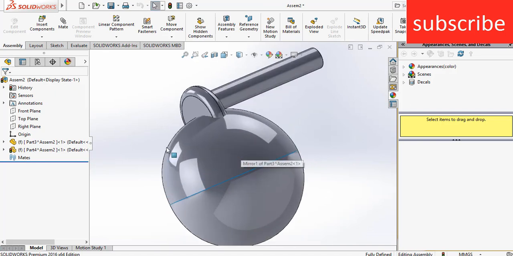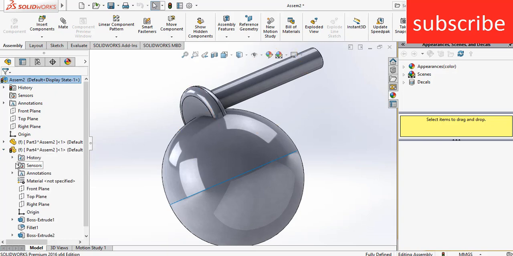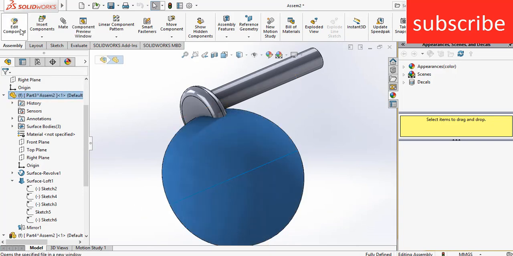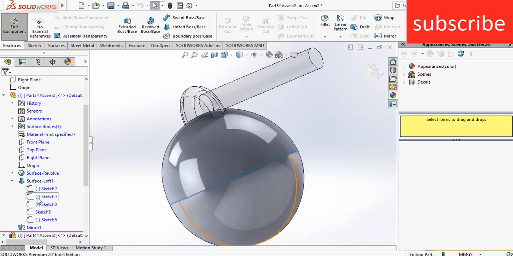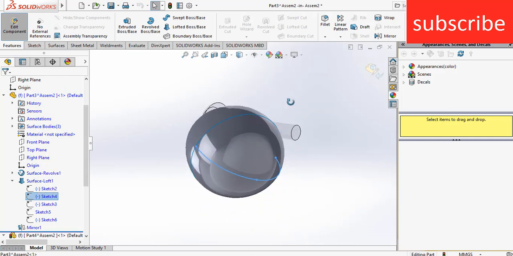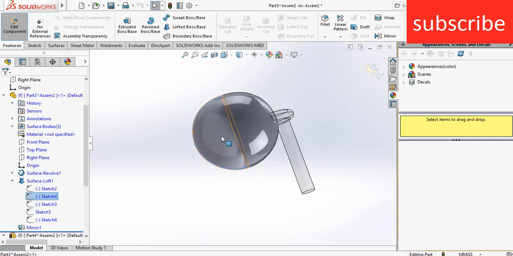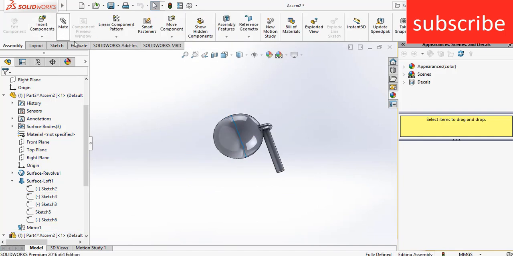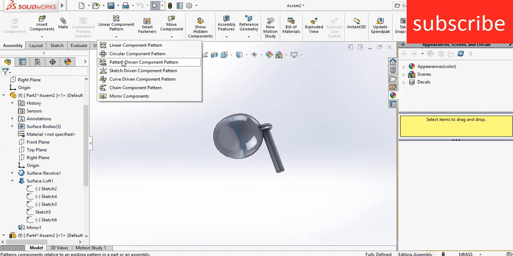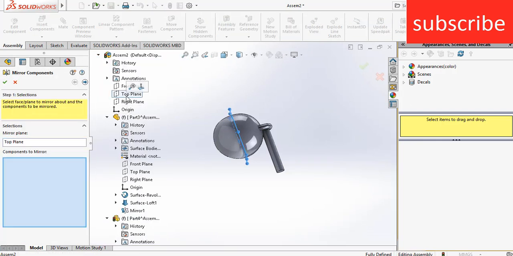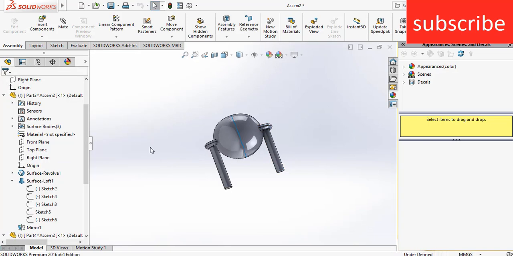After that, click on surface, make sure first to click on edit component. Click on linear components, click on mirror entities, click here and select this component, click OK.